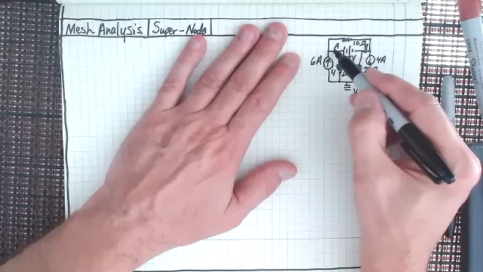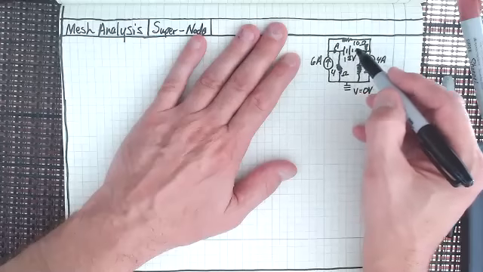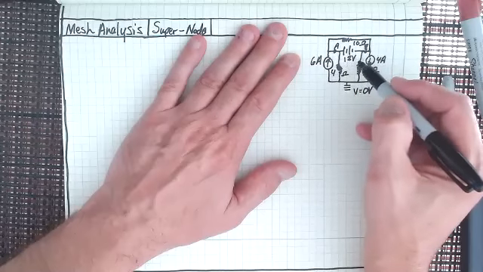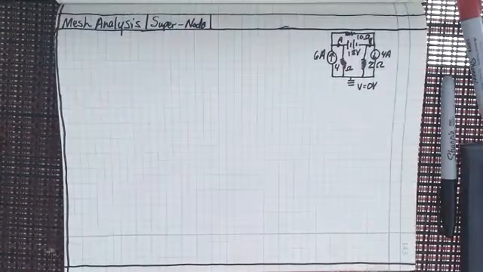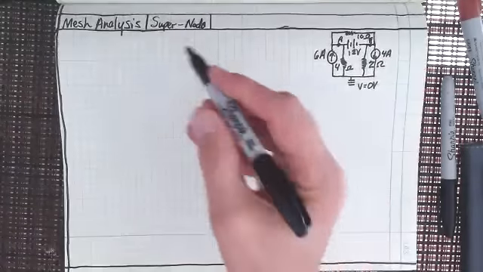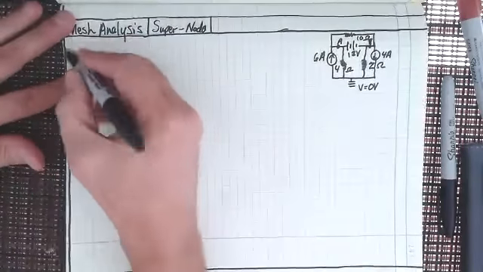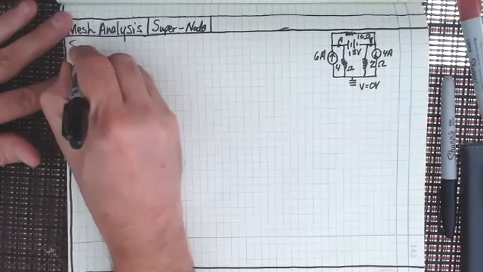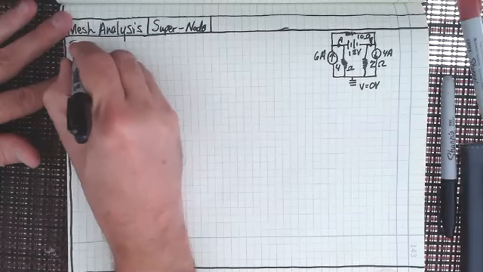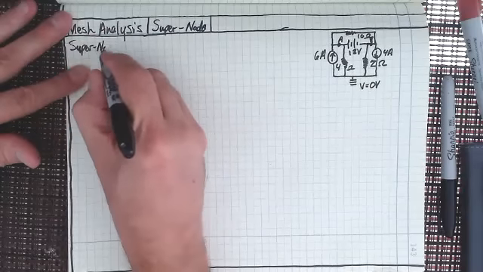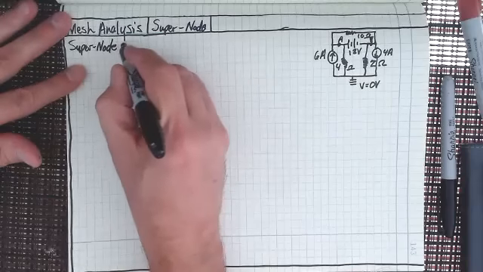And now I think everybody can see that those voltages are going to be differentiated by 12 volts, right? And this is what we use the Supernode for. Supernode, that's not a Y. Supernode analysis